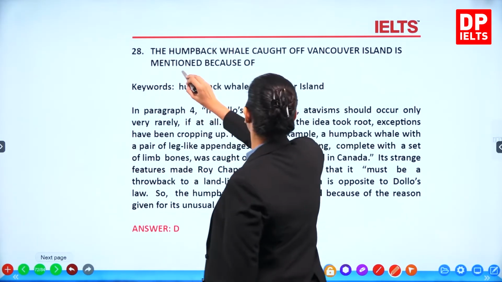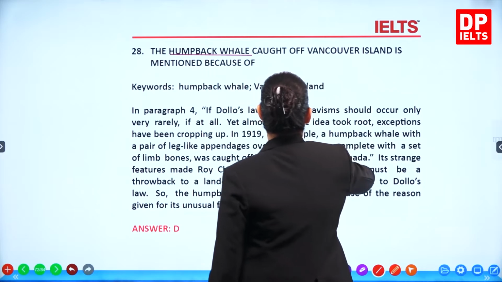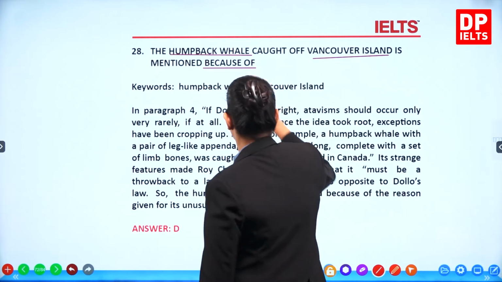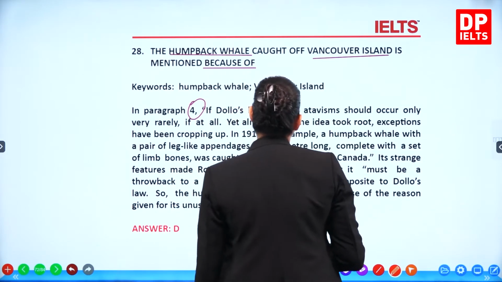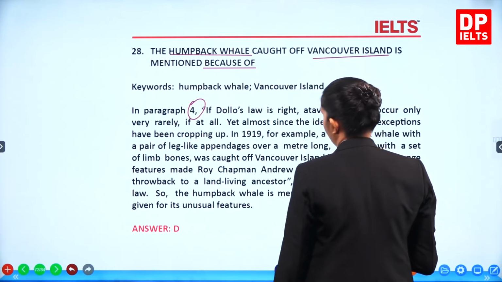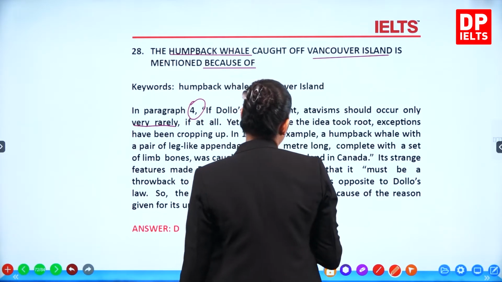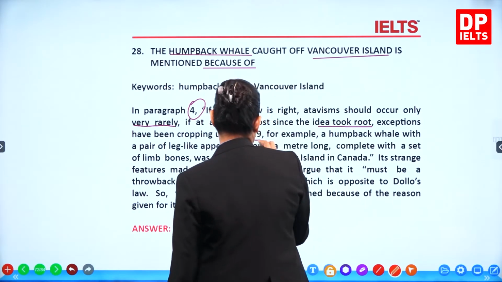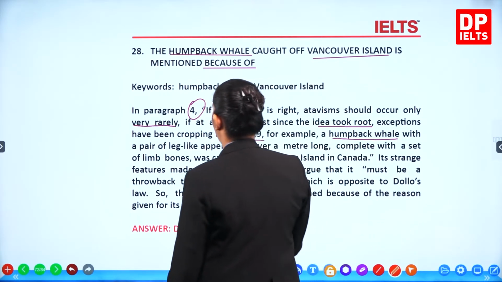28. The humpback whale caught off Vancouver Island is mentioned because... why is it mentioned? Let's read paragraph 4. If Dollo's law is right, atavisms should occur only very rarely, if at all. Yet, almost since the idea took root, exceptions have been cropping up. In 1990, for example, a humpback whale with a pair of leg-like